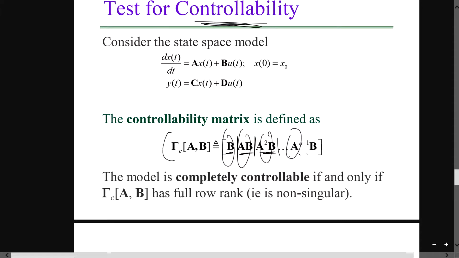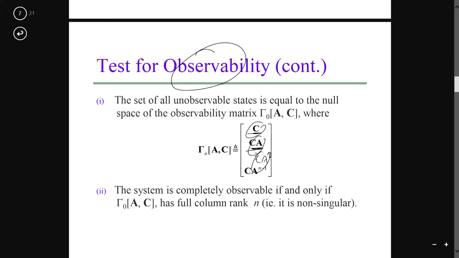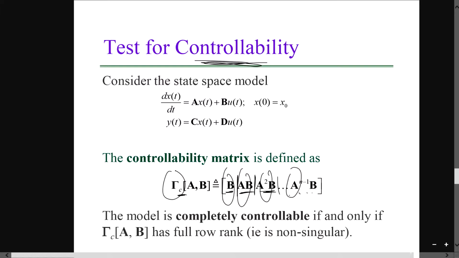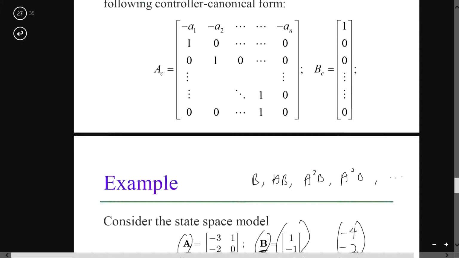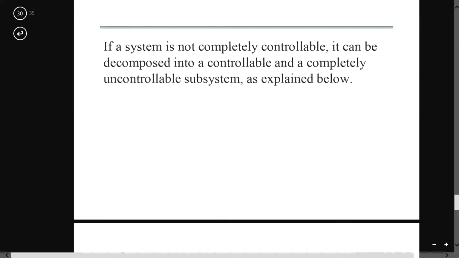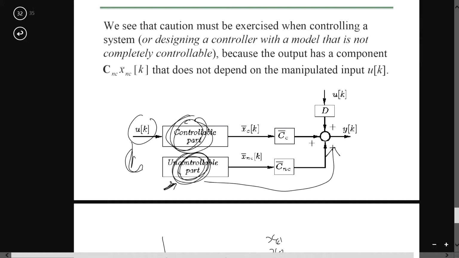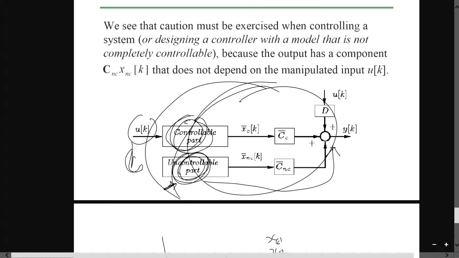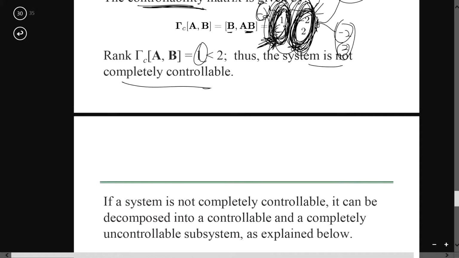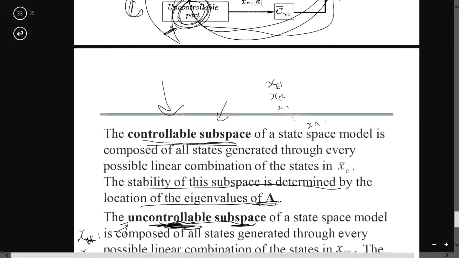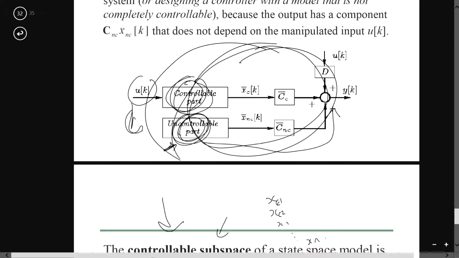And nonetheless, RC is the rank of controllability, while RO is the rank of observability. Therefore, using your test, you decide whether it is fully controllable or not fully controllable, fully observable or not fully observable. Then you're going to use your decomposition to decompose your transfer function over here, or your block diagram over here, so that you can better model your system. If it's fully controllable, then your system is good already, no need to do anything, I think. Anyway, this is it. See you soon.